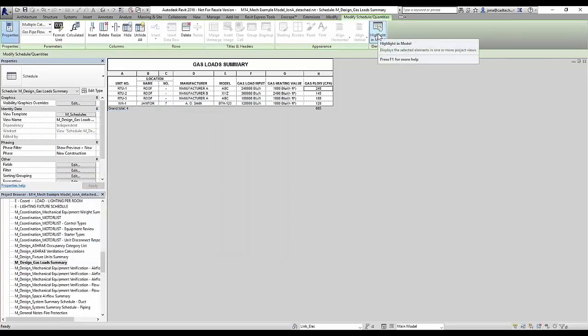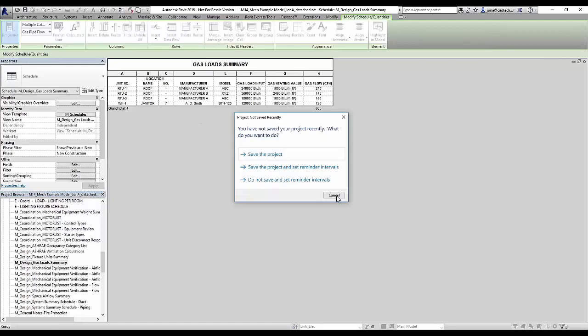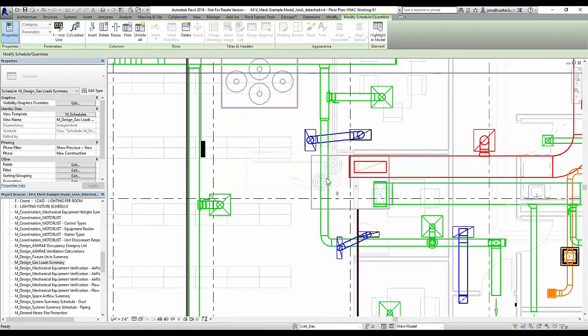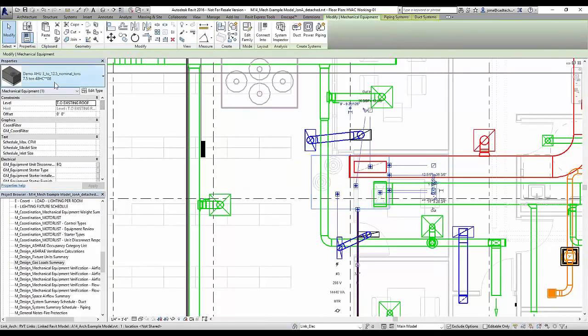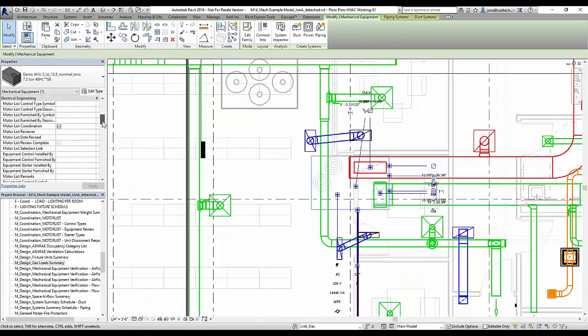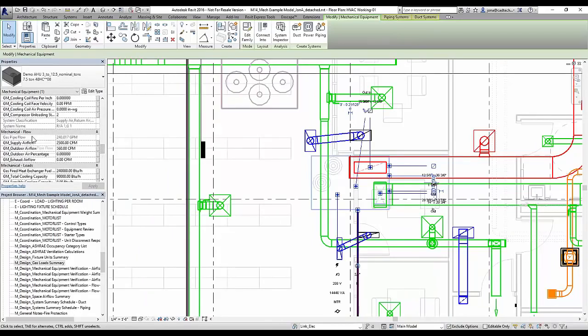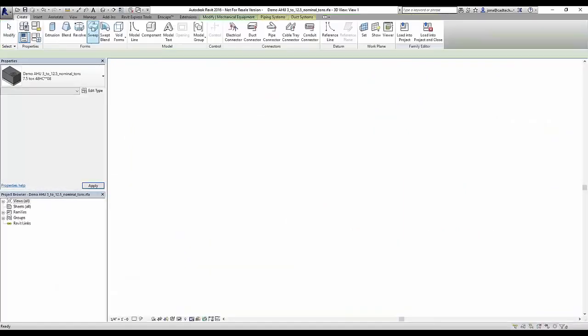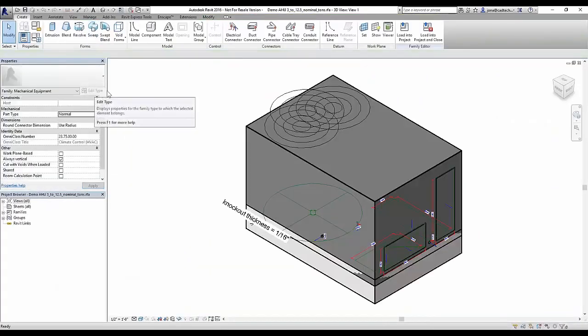And if I come up here and say highlight in model, we'll go to that particular unit. So we've got our air handling unit 3. If I scroll all the way down, you'll see here's my gas pipe flow. It's being calculated, and that's given a GPM. So we are sort of fudging the system, but if we were to edit that family and take a look at it, you'll see that,